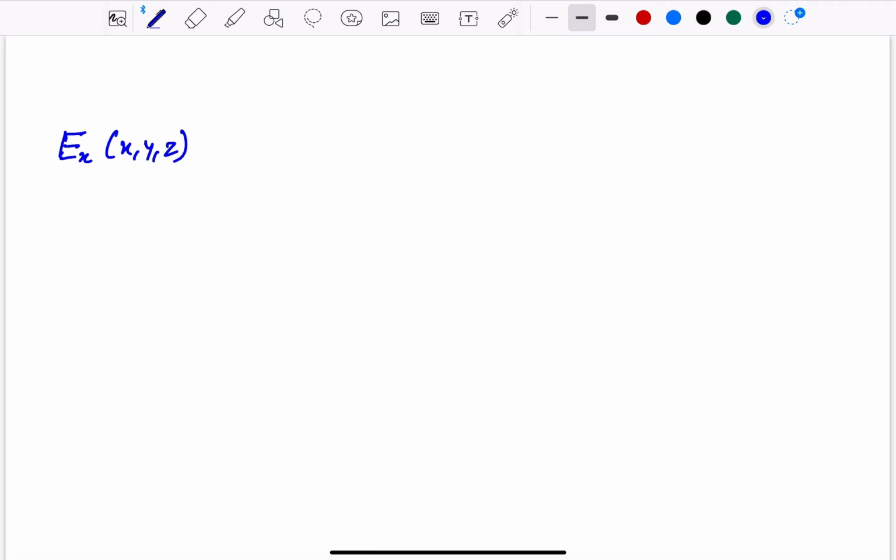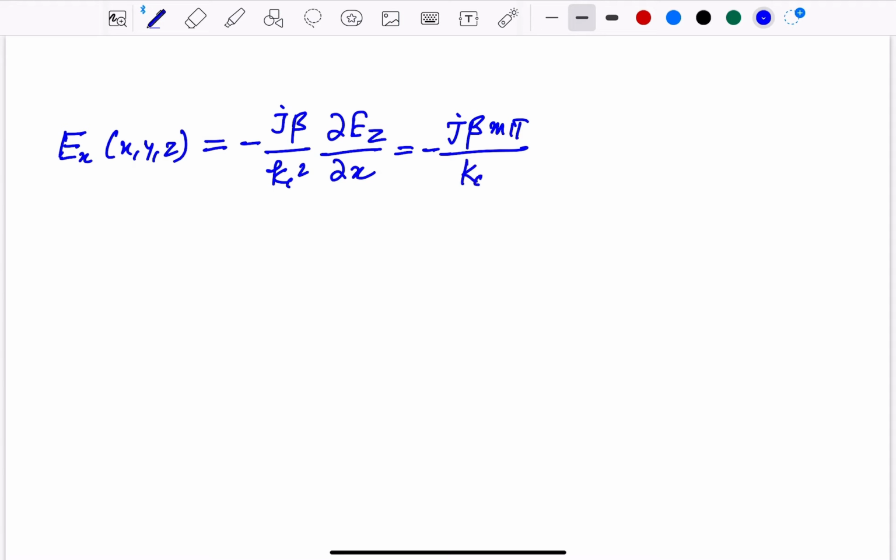So this is j beta by kc square and dou Ez over dou x. Fine. So if you are solving this, you will be getting j beta m pi by kc square a bmn